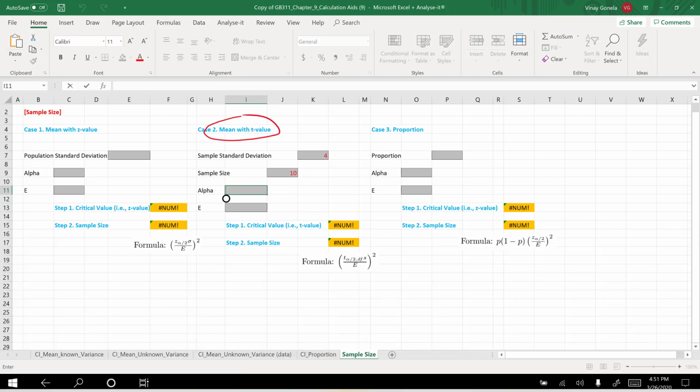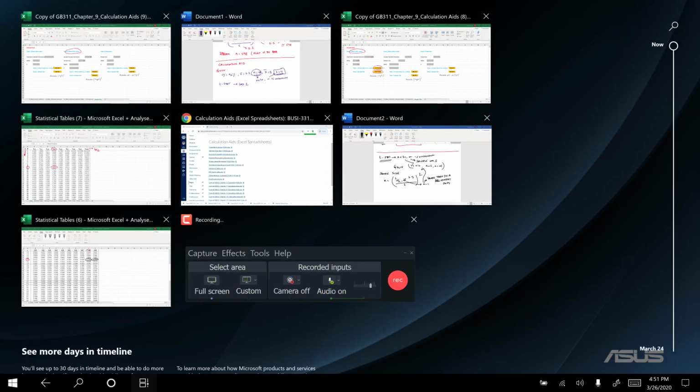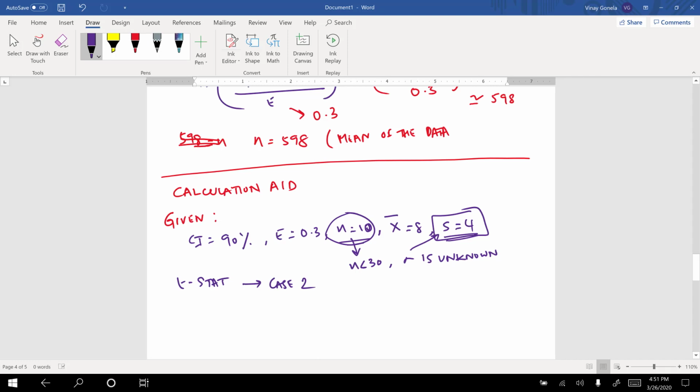So let me check what would be my alpha. My confidence interval is 90, so alpha would be 1 minus 0.90, that is 0.10. So I'll put an alpha of 0.10,